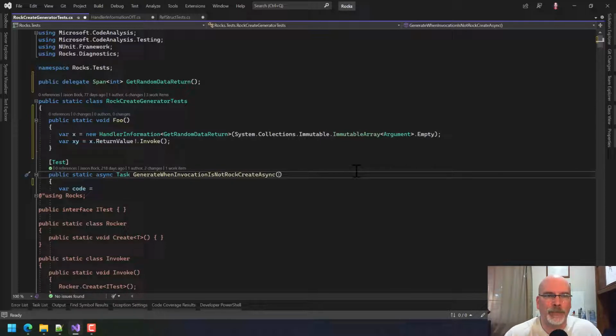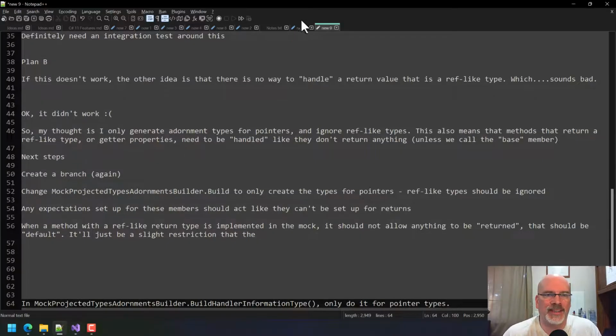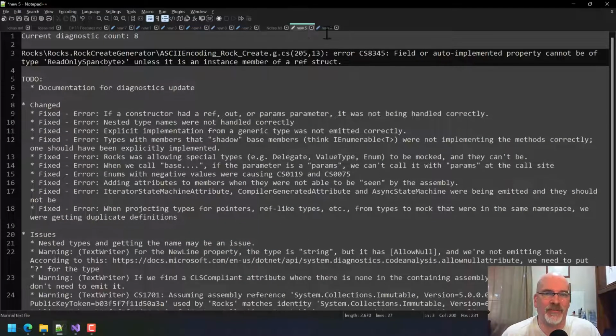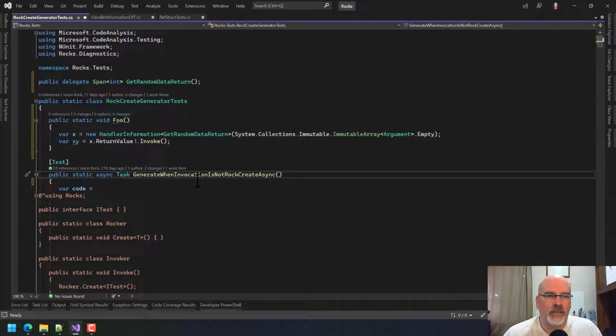Boom. Boom. I shouldn't have deleted that. I should not have deleted that. We can regenerate it. Okay, so the idea would be, if you need something to be returned, we just